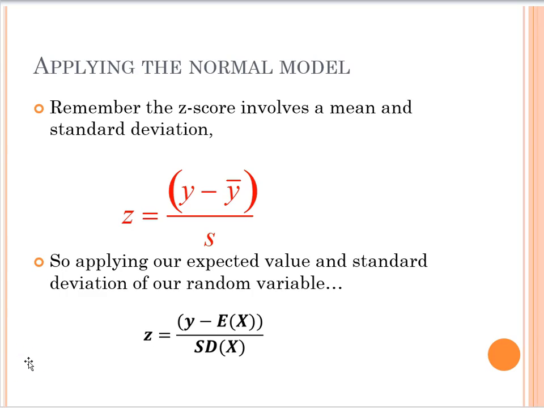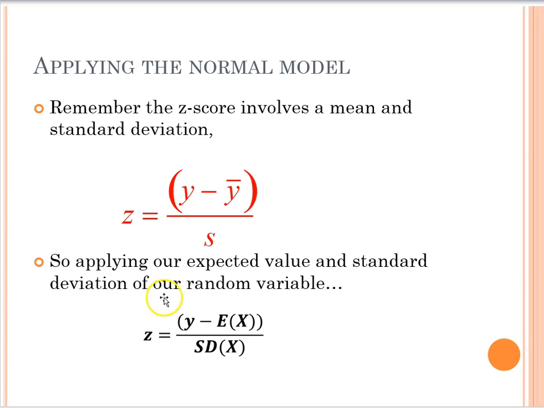So now we're going to go through a few more problems so you can see how random variables can be applied using the normal model. But let's remember how the normal model is calculated. With the z-scores, the way a z-score is calculated is that you put the observation first, subtract off the mean, and divide by the standard deviation. That way you're shifting the data so the center, or the mean, is at 0, and the standard deviation of the z-score is exactly 1,